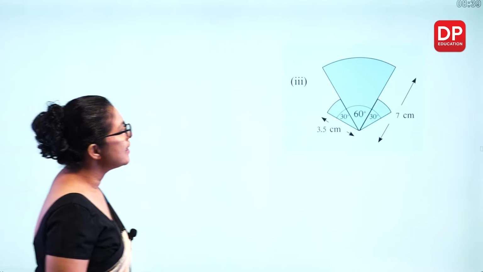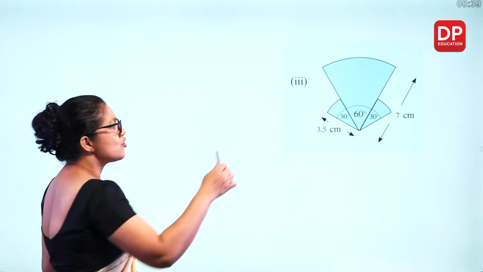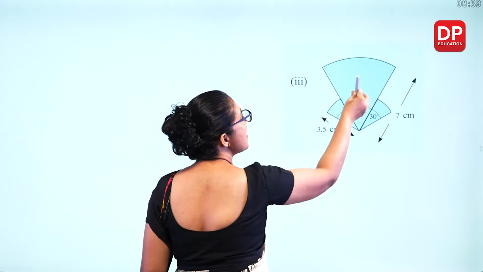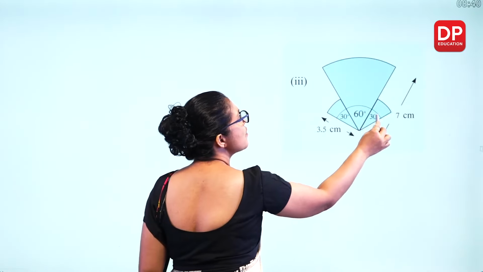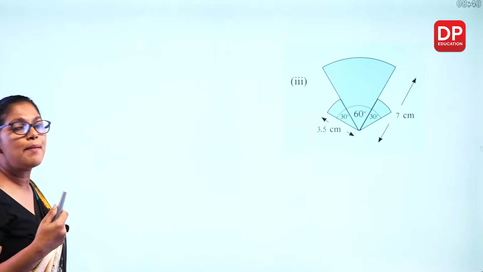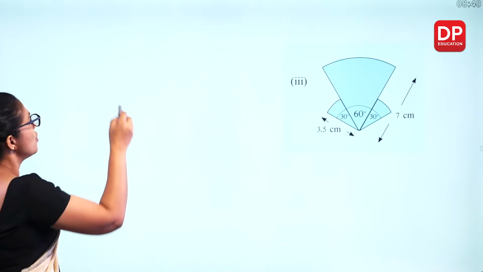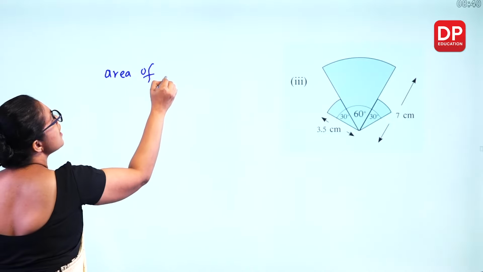Now we'll look at the third part. You are asked to find the shaded part. The shaded part is the area of these three sectors, and also this is equal to this one. That means find the area of one sector and multiply by 2. So here I can write area of the shaded